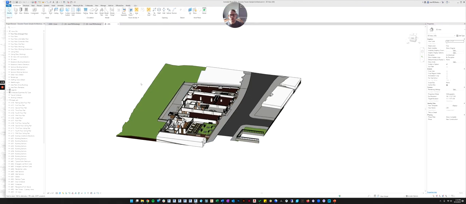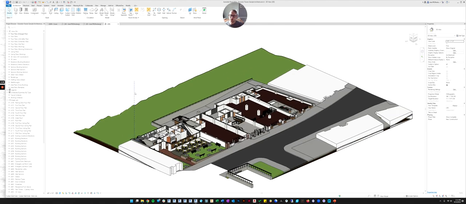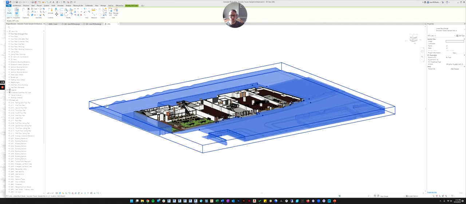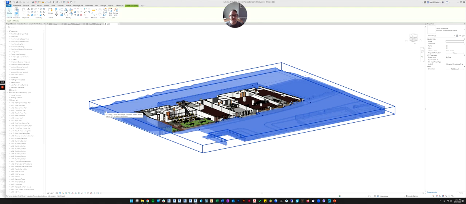So when I click on the level 1 floor plan, that's all the view is doing. It's just telling Revit how to display the model. That's literally all a view is. So what we're going to learn in this exercise and in this module is how to set up a view and how to see the parts of the model that you want to see, because that's essentially all you're trying to do. When you create a new view, you're just trying to get it to show the model in a certain way. And there are a lot of settings in order to do that.